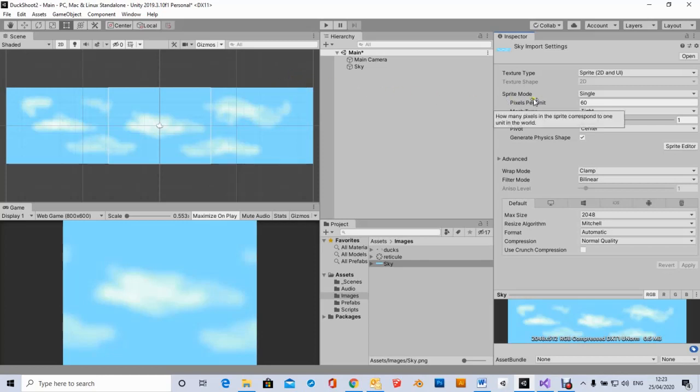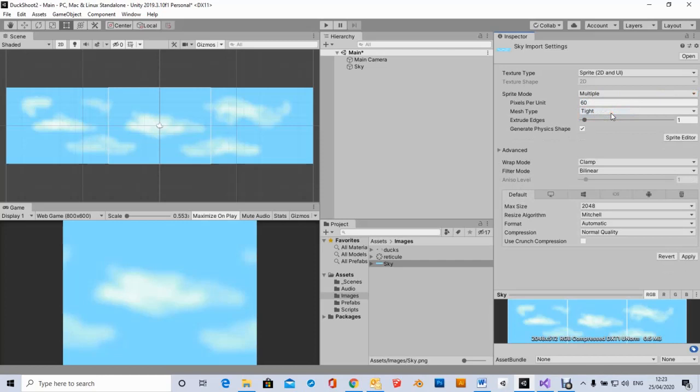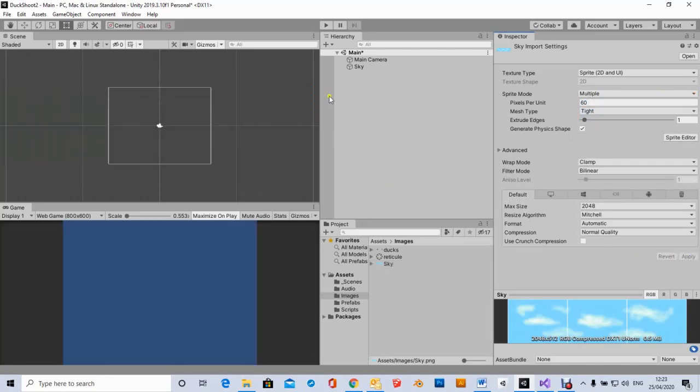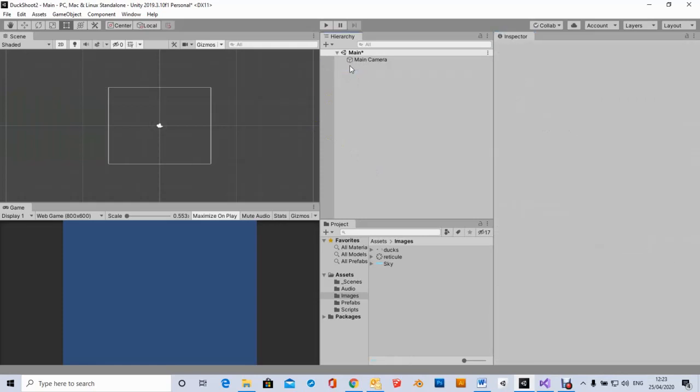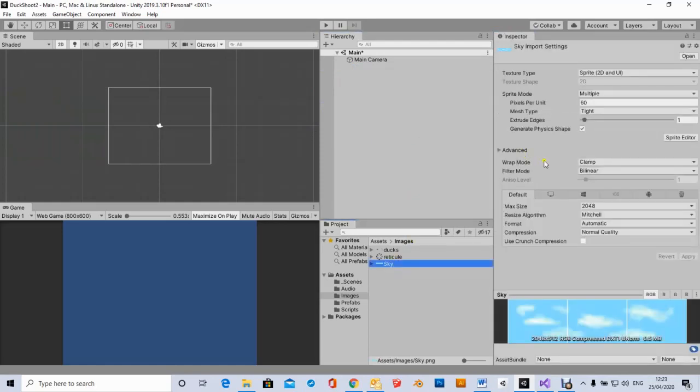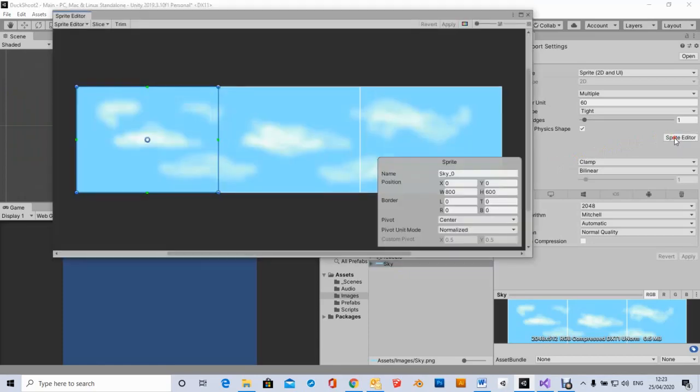Right, the next thing I want to do is to divide this up. So instead of having single sprite mode, I'm going to multiple. Okay, and I'll apply that. Now the sky has disappeared here because we're moving it, so I'm going to remove it from the hierarchy and go back here. Right, so what I need to do now is to use the Sprite Editor to do our chopping. Right, so there we have the